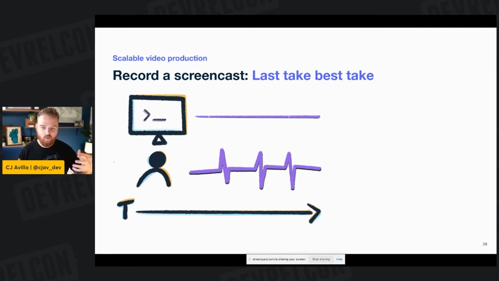When you're recording and you're going to go back and edit out several takes of different sections, maybe you write a little bit of code and you're not happy with the way that turned out, what you can do is go back. You can actually clap on screen while you're recording. What that does is it creates a visual spike in the audio waveform that can really help when you're editing. So you can go back and find these spikes and really quickly remove chunks of the video that are the bad takes. That can be really helpful if you're recording this way.